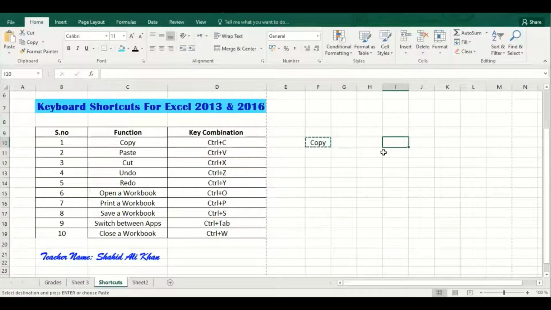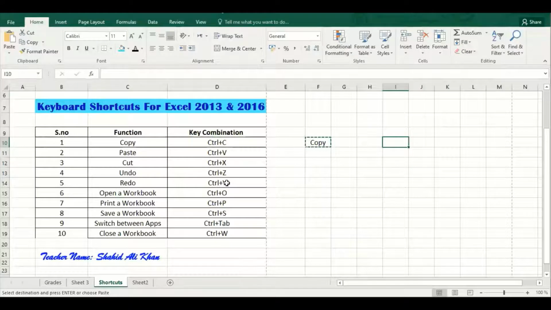You have noticed that the text has moved back to the previous location because that operation was wrong. I do not want to perform that operation. So the undo operation is used when you make any mistake or error, or when you want to write the correct text or operation. So undo means recall your text again. You have noticed that the text has moved back to the previous position. That is, I had applied the cut operation.